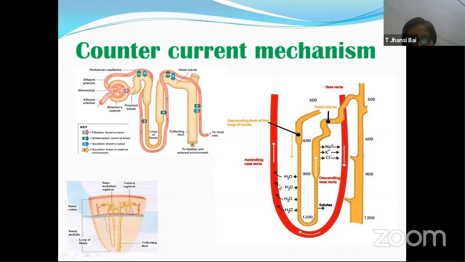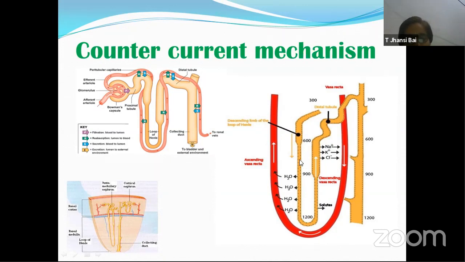When water is reabsorbed, what is now happening to the nephric filtrate concentration? It is becoming more and more concentrated. The concentration means we are talking about its concentration with reference to blood, that is plasma. So slowly it is becoming hypertonic. Now, when this again starts moving up from here, you find sodium ions coming out. Of course, potassium and chloride also come out through this ascending limb over here.